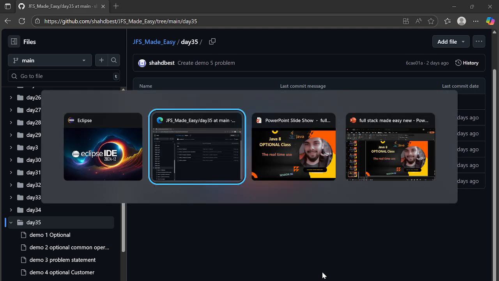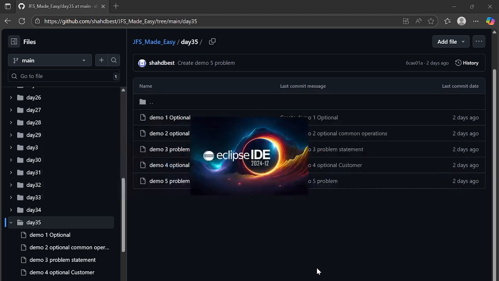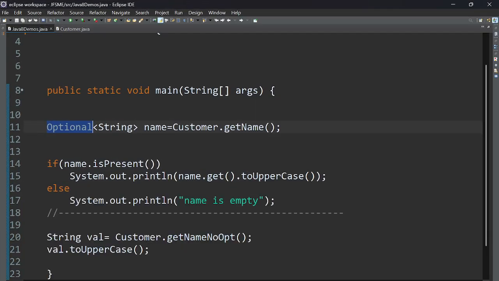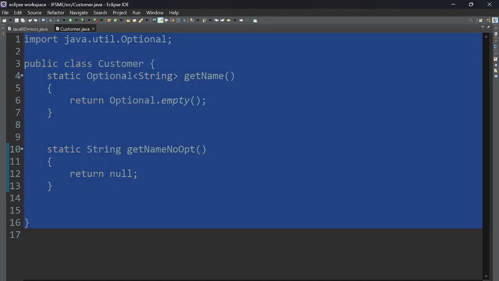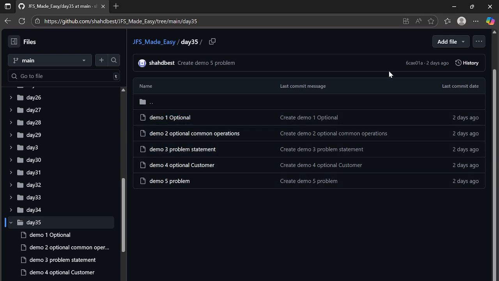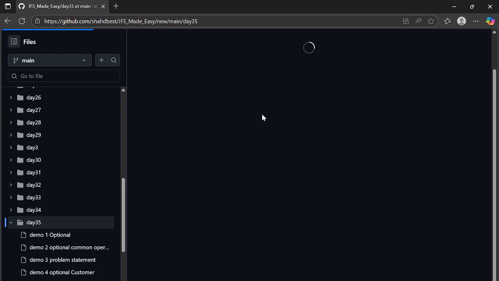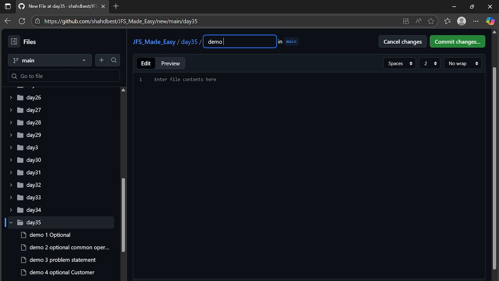Fine, so we will see that in this example and see how things go around with the Optional. And also in today's example, we will be talking about the real-time use of an Optional, where we will be implementing the method again. So I guess I did not give you this, right? That should be the last thing which I should have provided you. So I'll be adding it here itself. Let's call it demo 6 customer